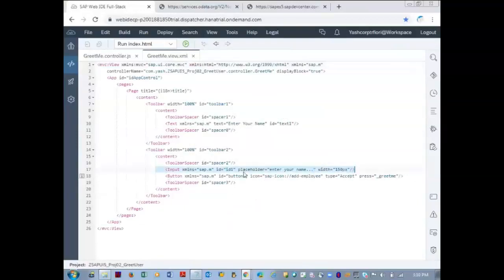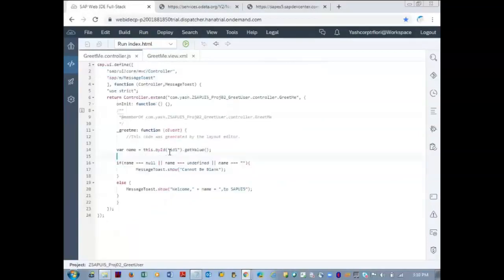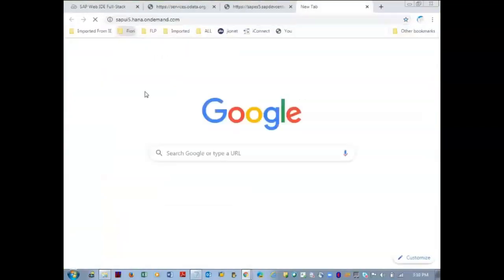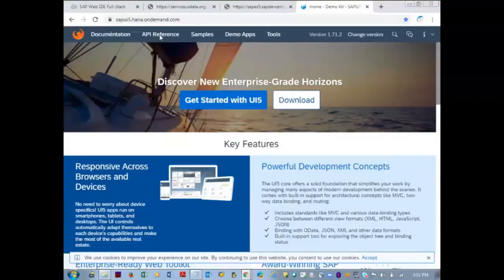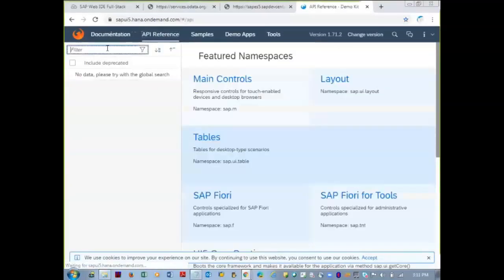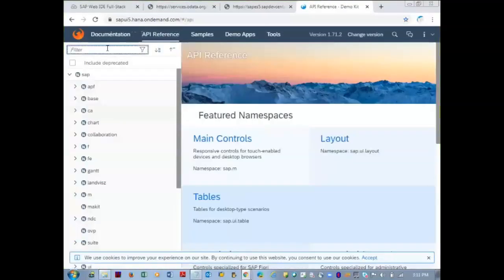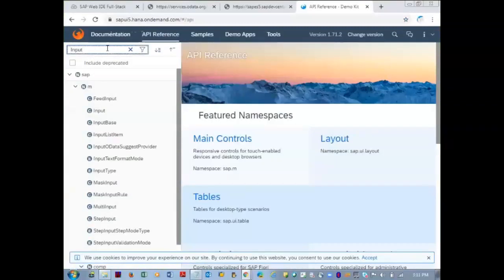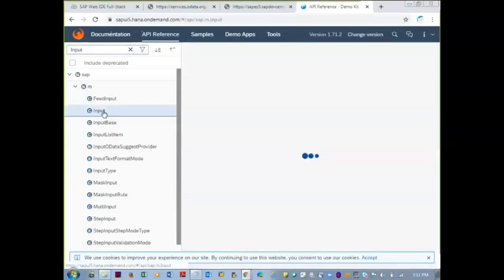In the presentation logic, you see the input control I have used. Yesterday you asked me how I know that there is a get value here. In the demo kit, go into the API reference, go to the input control, sap.m.Input.